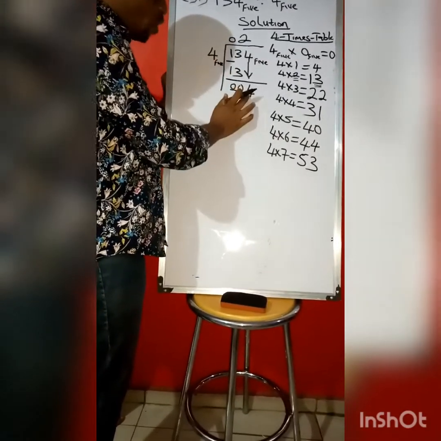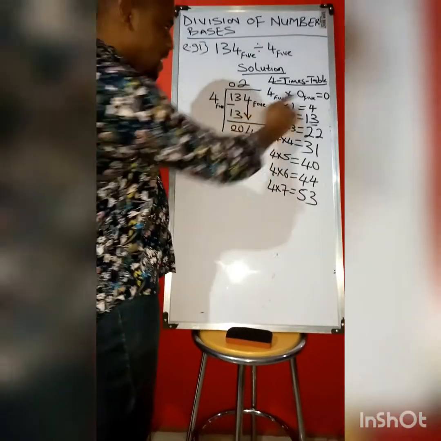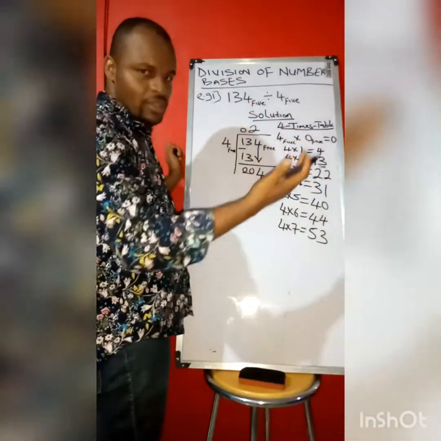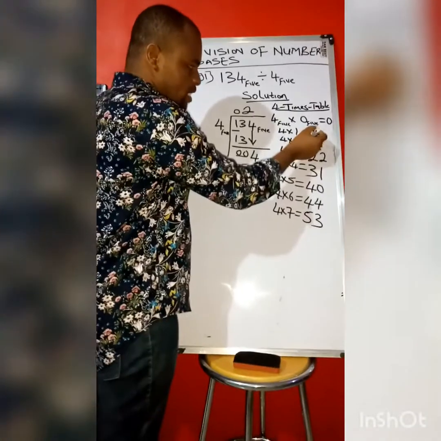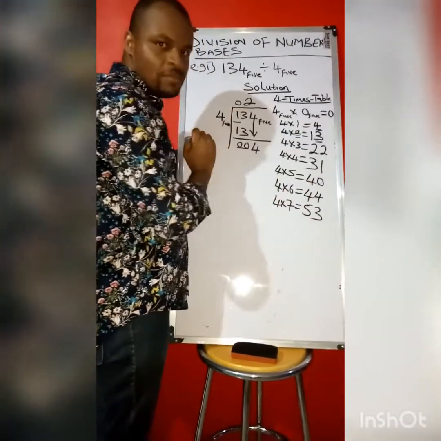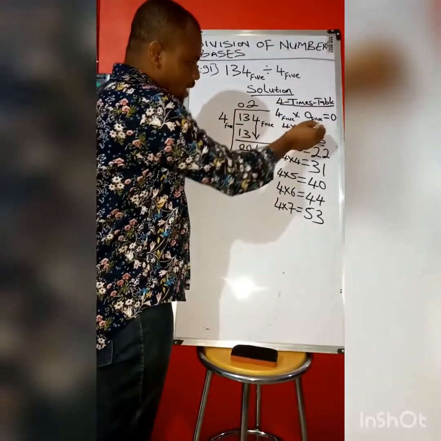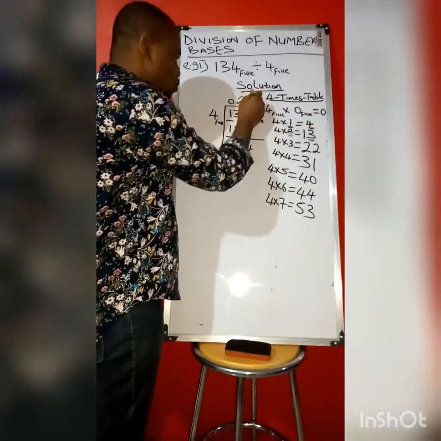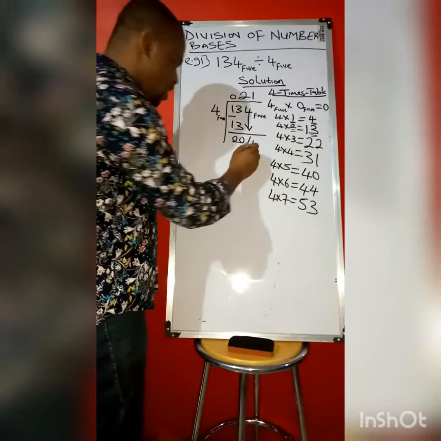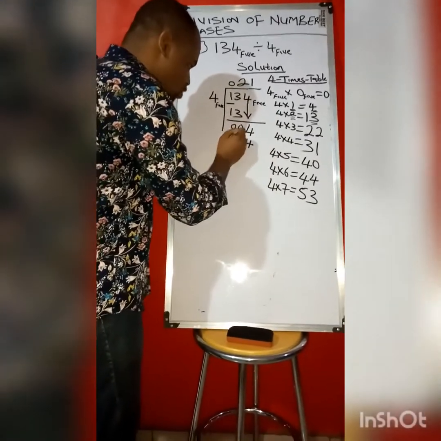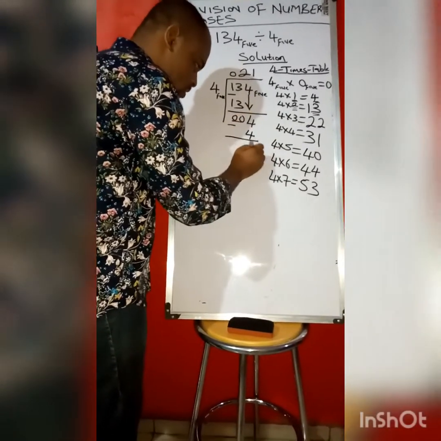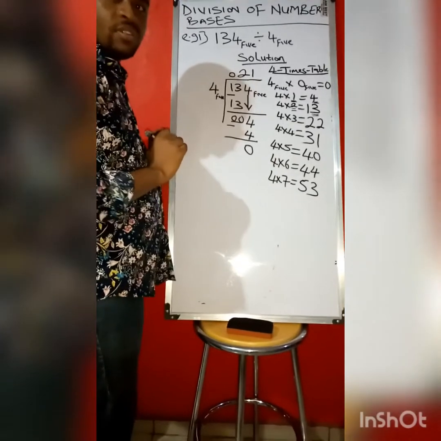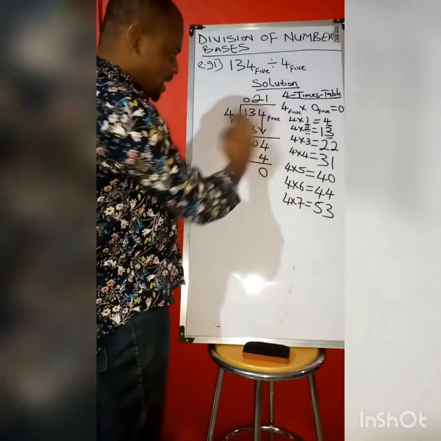4 into 4. Let's see where we have 4, so that I would not just say 1, but let's look at where we have 4. This is where we have 4 in our times table. 4 into 4 is 1, because 4 times 1 gives me 4, so I'll put 1 here. 1 times 4 is 4. If I subtract, 4 minus 4 is 0. There is no other number left, so my